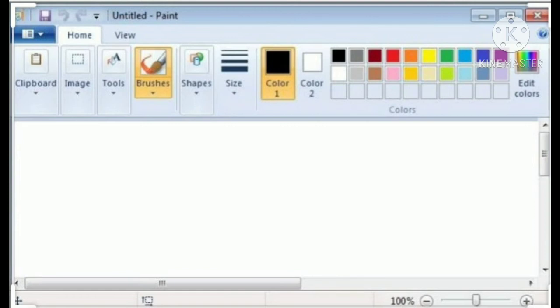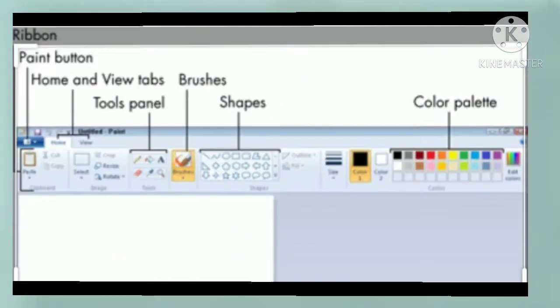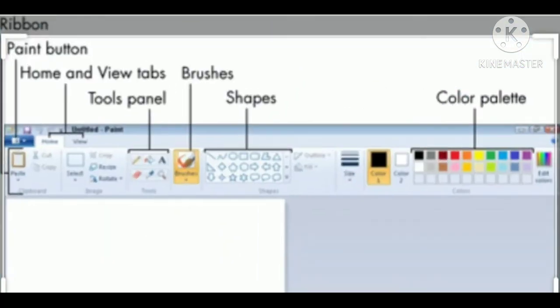Recall the commands which we are going to use in MS Paint. In the Home tab: Paint button, Tools, Shapes, Colors. Tools group. The Tools group consists of various tools. To select a tool, click on the tool button.